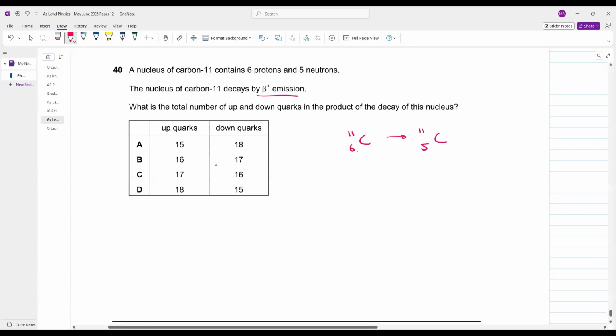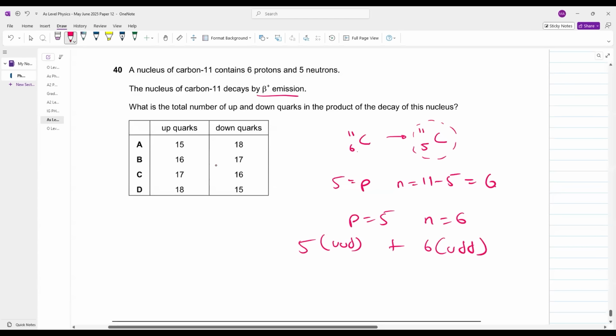What is the total number of up and down quarks in the product of the decay of this nucleus? In the product, you have mass number 11 and proton number 5. How many neutrons do you have now? 11 minus 5, that is 6. So in the final product you have 5 protons and 6 neutrons. What is the quark composition of a proton? Up up down, multiplied by 5. What is the quark composition of a neutron? Up down down, multiplied by 6. So up up down multiplied by 5 is 10 up quarks plus 5 down quarks,